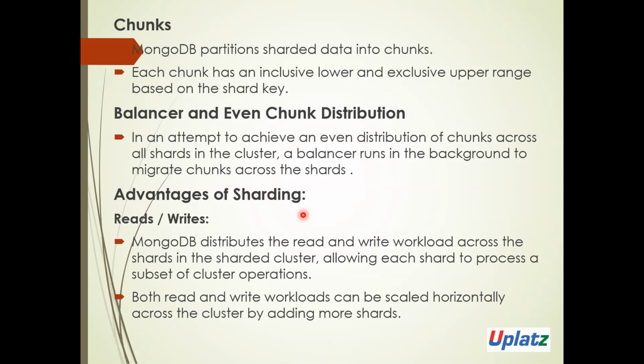So this is what is happening all the time. The data is stored in the sharded cluster, and it makes that sharded data into partitions called chunks. The chunks are evenly distributed across all the shards. To balance, the balancer runs in the background to migrate the chunks between the shards. So this is overall how our data is scattered over all the servers in MongoDB with the help of horizontal scaling in sharding.